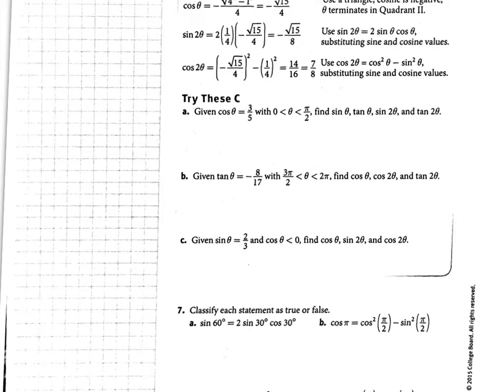Now we're not going to do all of these, so we're not going to do B, just so you can figure out what kind of space you have. But we are going to do A. And we're also going to just use the formulas. They want us to find all these things. We're just going to do the double angle. So you can see that when there's a 2 in front of your theta, then you're going to use the double angle formulas. Plus or minus